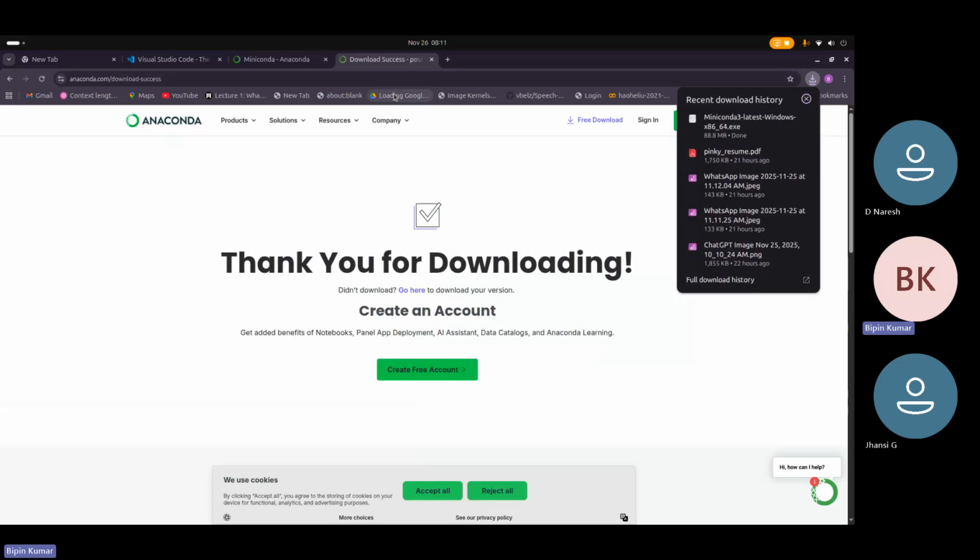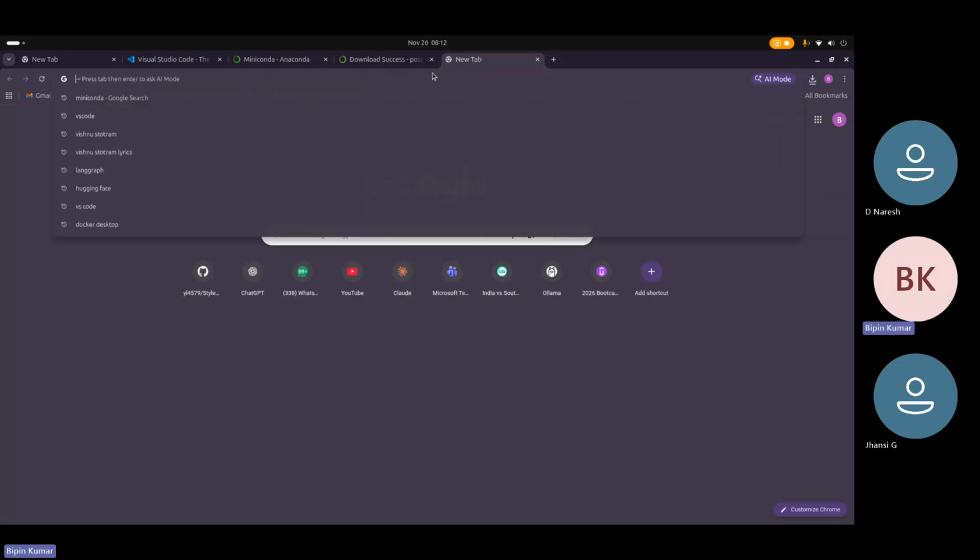So these two, one is VS Code and the other is Miniconda, are required to write code in VS Code related to GenAI or any Python code. That is also helpful. One more software that you can install is